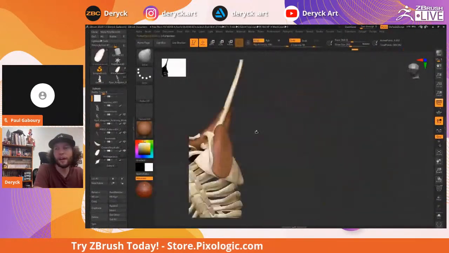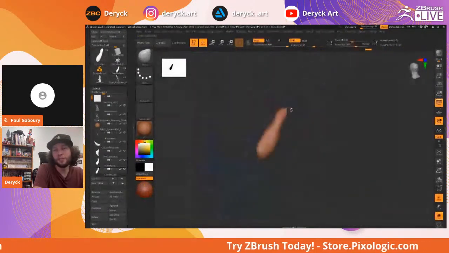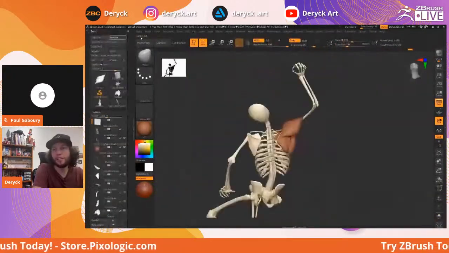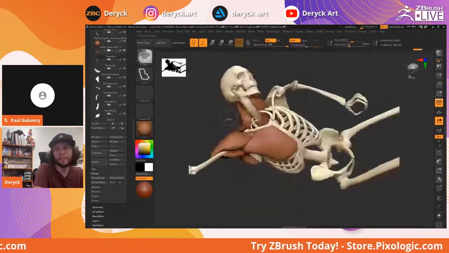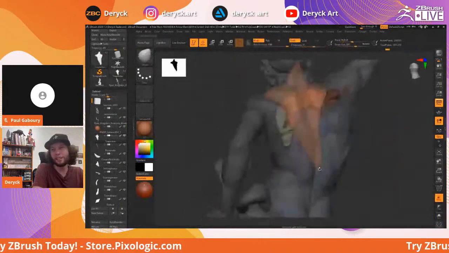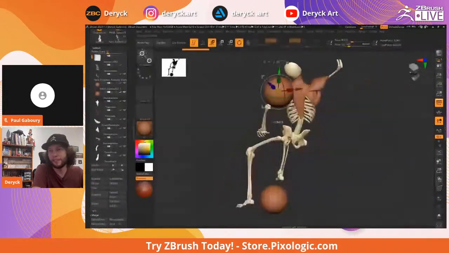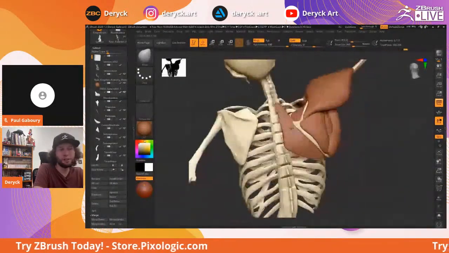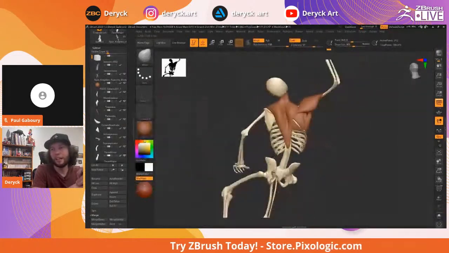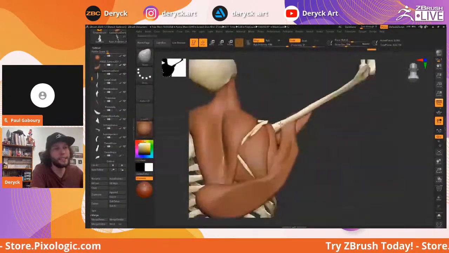It took me a while to figure that out and say, okay, I'm going to do that. I was already studying for a while, training my observation and training to better understand how the human body looks on the surface, because in the end, that's what is important, the surface of the model. Nobody cares if there is a skeleton inside and I put all the musculature on the mesh. Nobody cares about that. What people want to see is the external part, like the flesh and stuff like this. So